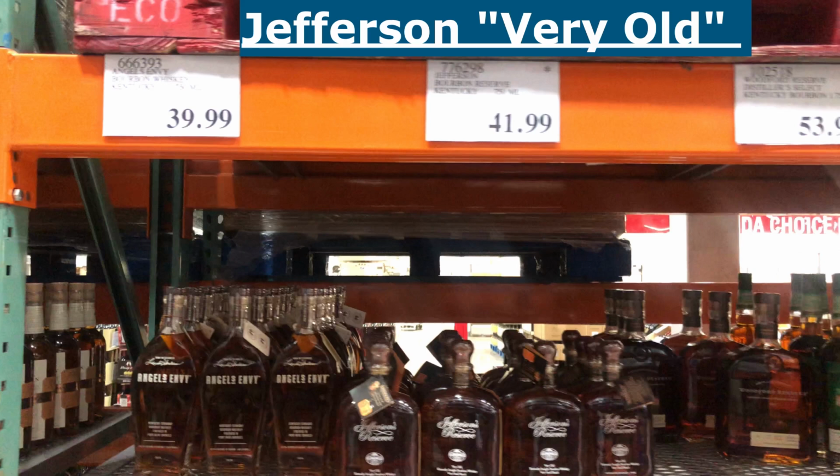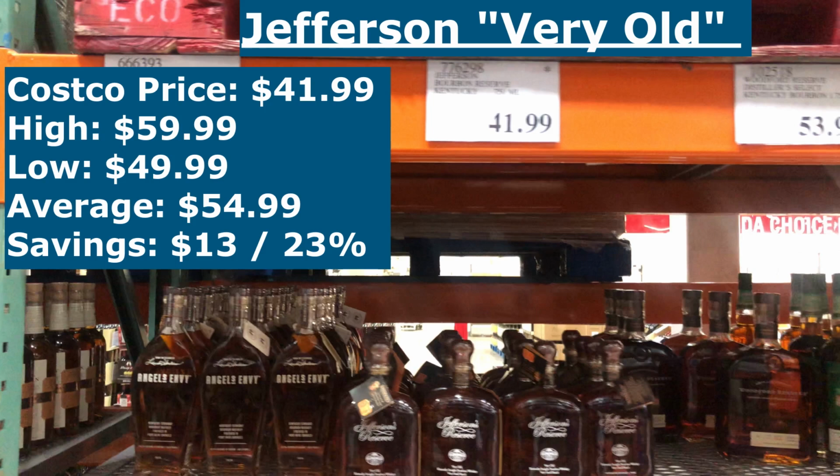Let's face it. And it does appear that there are some bourbons as old as 20 years old mixed into this one. But given the price that it's currently at, it's probably just basically a hummingbird's tears worth in each bottle. Either way, the cost at Costco is very mid-range at $41.99,